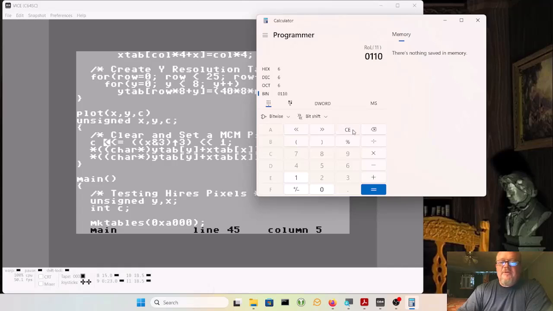We have 3, and we go 1, 2, 3, 4, 5, 6. That's the most significant digits, bit 7 and 6, and that would be the very first pixel on the screen. So this formula should work,